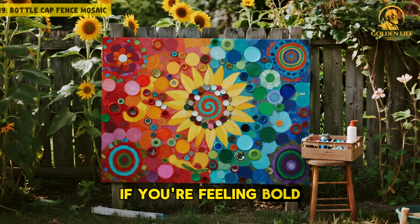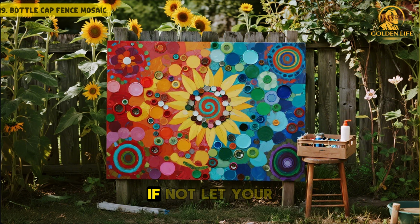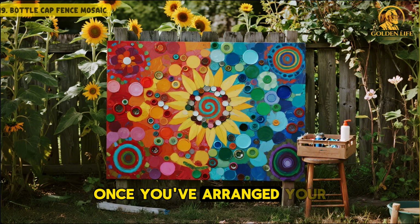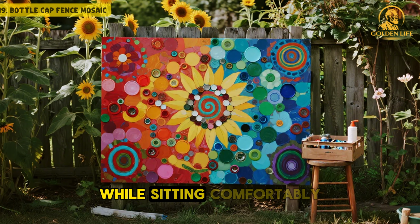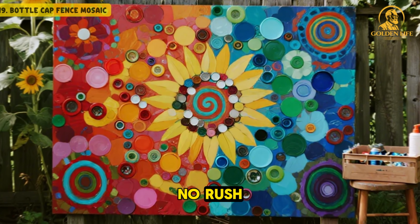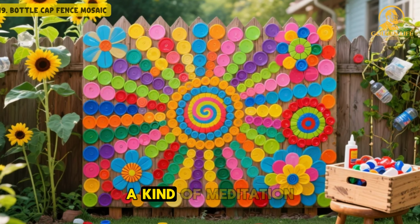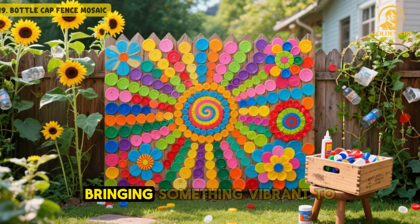If you're feeling bold, sketch your design with chalk directly onto the wood first. If not, let your fingers find the flow. There's no wrong way to do it. Once you've arranged your caps, begin gluing them one by one. You can do this while sitting comfortably, slowly, and peacefully. There's no rush. The act itself becomes a kind of meditation, piece by piece, color by color, bringing something vibrant